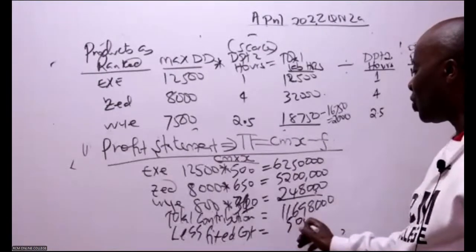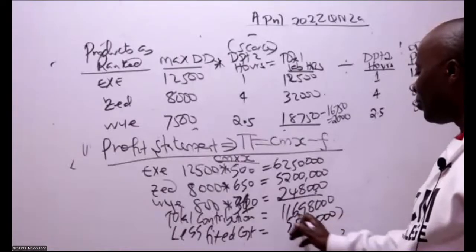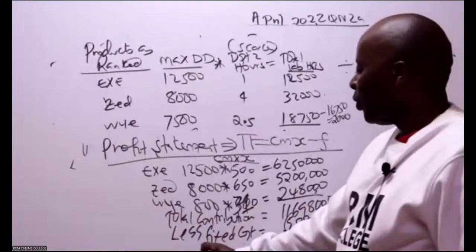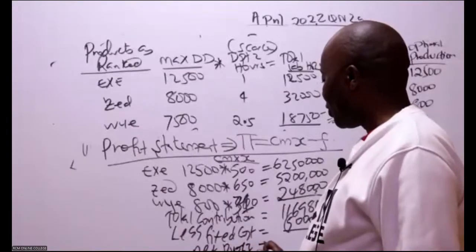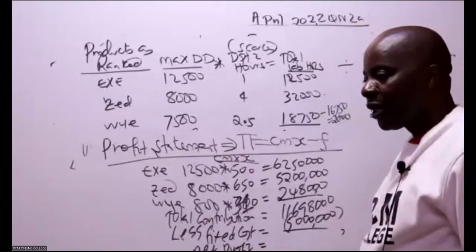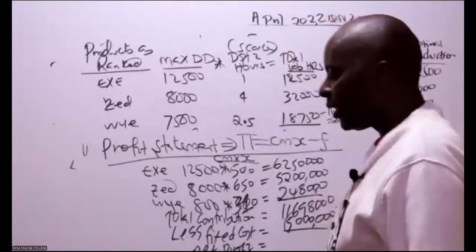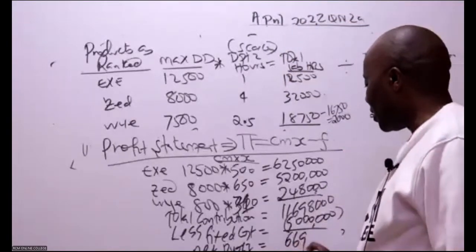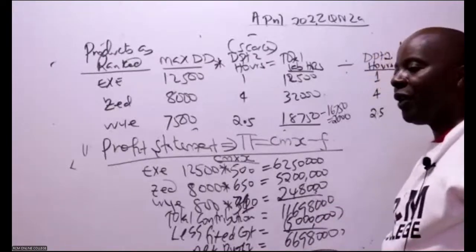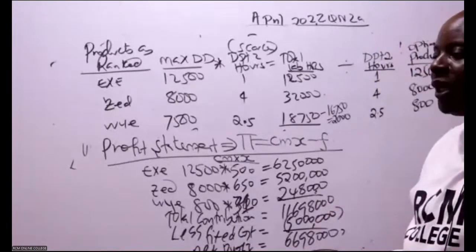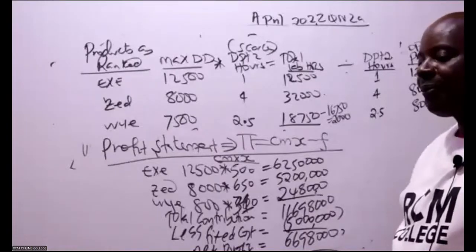Thank you so much. So you're able to get net profit. You are able now to get the net profit. So the net profit will be equal to what? 66,98,000. If that is okay for all of us, then I'll be able to introduce right away the concept of